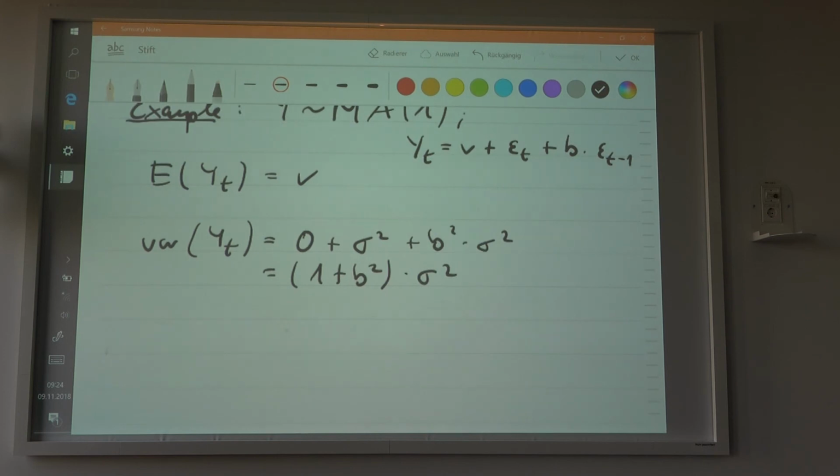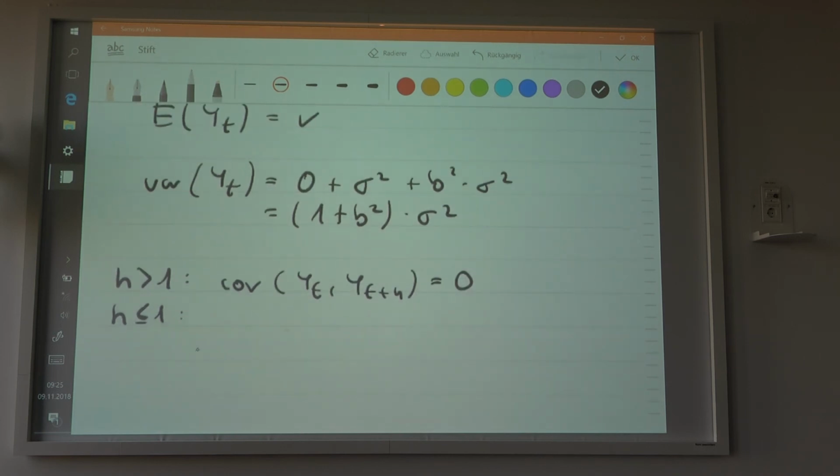And now the autocovariance. Basically, if the lag is greater than 1, then the autocovariance of the process is going to be equal to 0, obviously, because the time lags here do not overlap. And if the time lag is equal to 1 in this case, not just less than 1, but equal to 1, because the time lag cannot be 0.